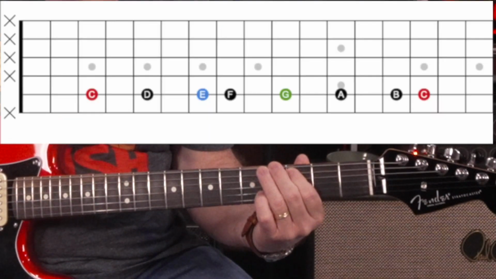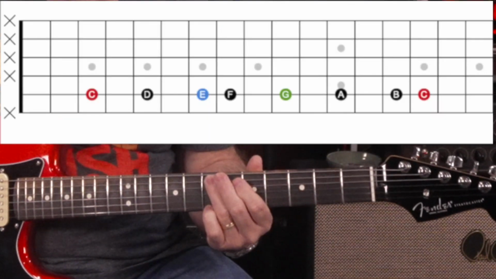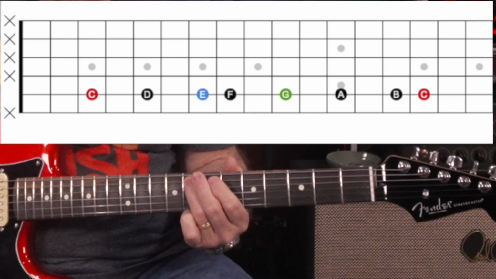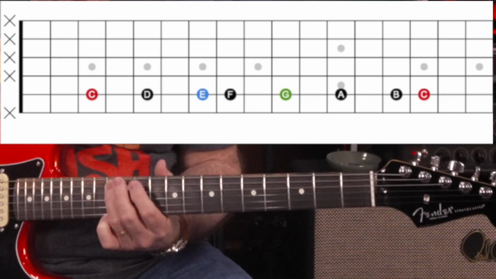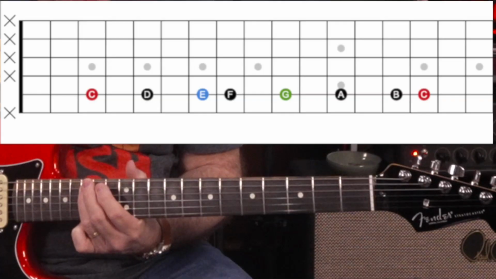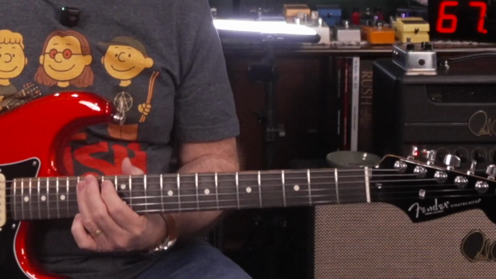So let's take the C major scale. This scale consists of C, D, E, F, G, A, and B. And if we take the first 3 notes as thirds, we have C, E, and G. So let's go C, D, E, F, G, A, B, C. So that's the scale. And now if we just take the thirds, the first 3,